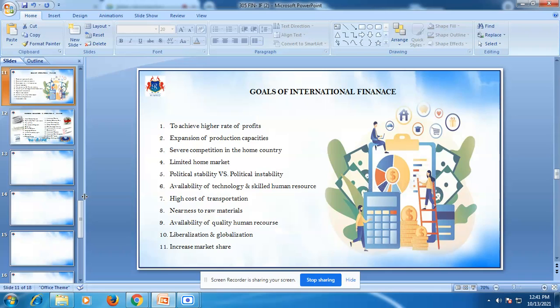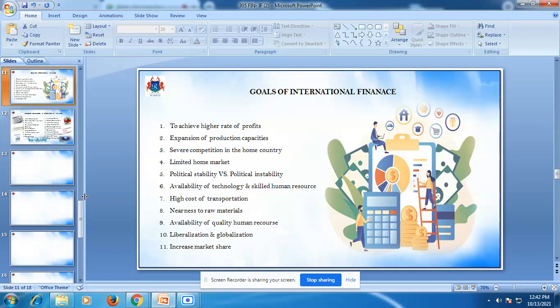The next goal of international finance is the high cost of transportation. A major factor in lower profit margin for international companies is the cost of transportation of the product. Under such conditions, foreign companies are inclined to increase their profit margin by locating their manufacturing facilities in foreign countries where there is enough demand, either in one country or a group of neighborhood countries. For example, Kenya, Sudan, and Japan. These are examples of neighborhood countries.